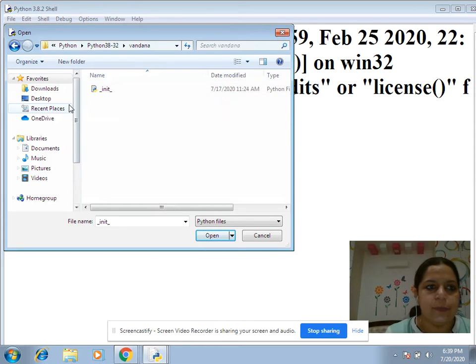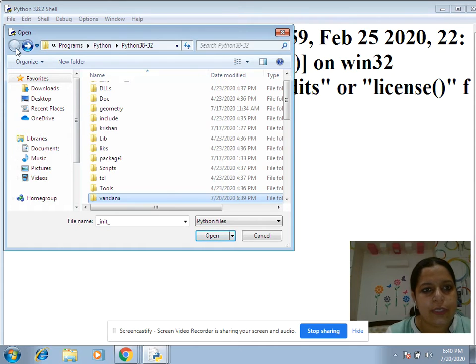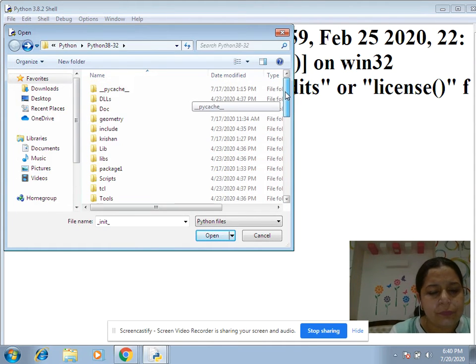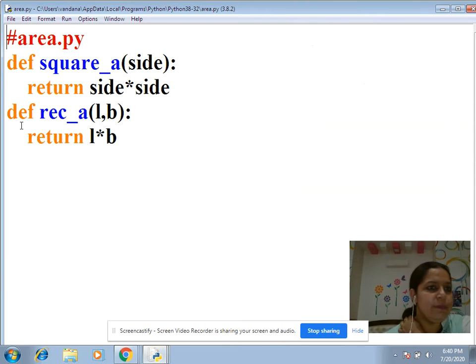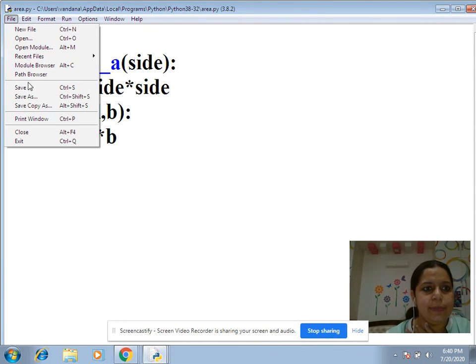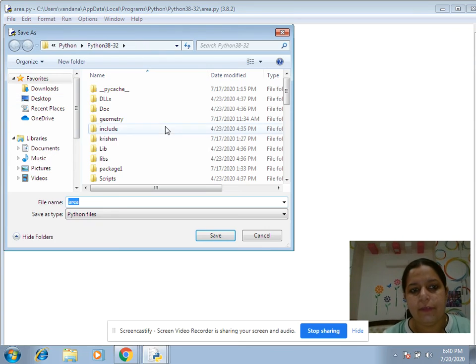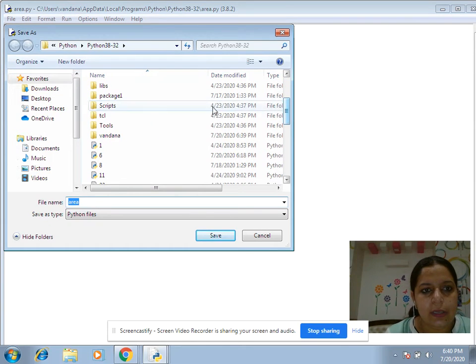Second thing, let's suppose I'm dragging and dropping some other modules. For example, let's suppose I'm making area.py. I have one module, so I simply save it as, where I'm saving it right now, in the package Vandana.